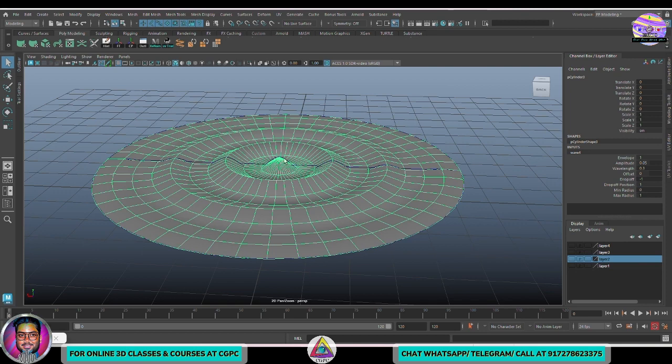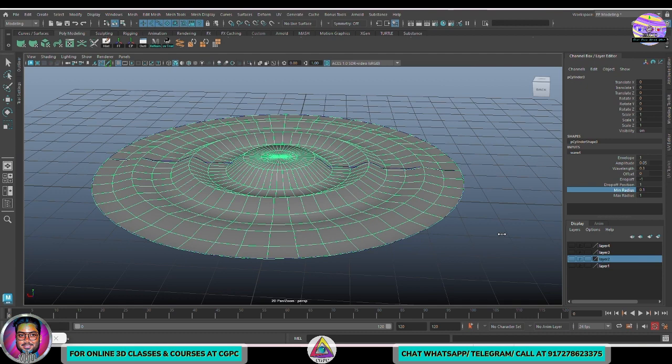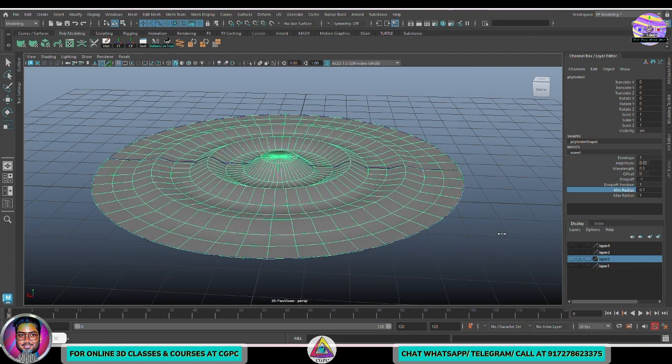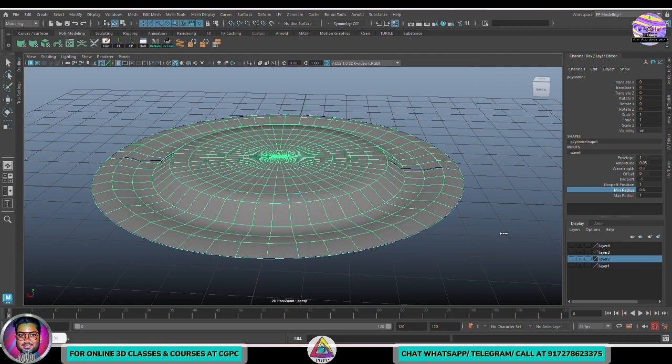Only when the stone or any object falls, it creates a depression and then gradually it fades off as it moves out. Coming to the next attribute, which is the minimum radius and the max radius. You can just play with this. The minimum radius will basically tell you